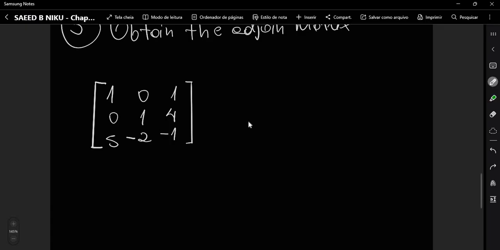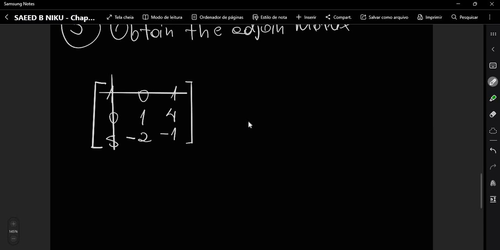So what we have to do is to block out the line and the column of the entry, the element that we are calculating,